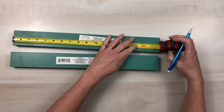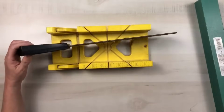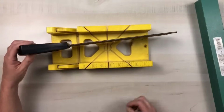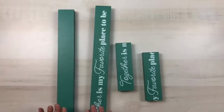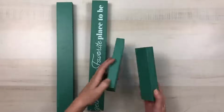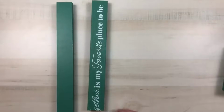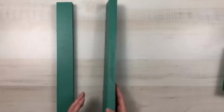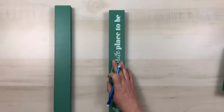Now you can use a handsaw or whatever you have on hand. I'm going to go ahead and take mine outside and use my miter saw to cut these down. Now I have 2 16-inch pieces and 2 7-inch pieces. And now I am going to make my measurements for the angles. Now you can skip this part and just leave them straight, but I wanted mine to be able to lean